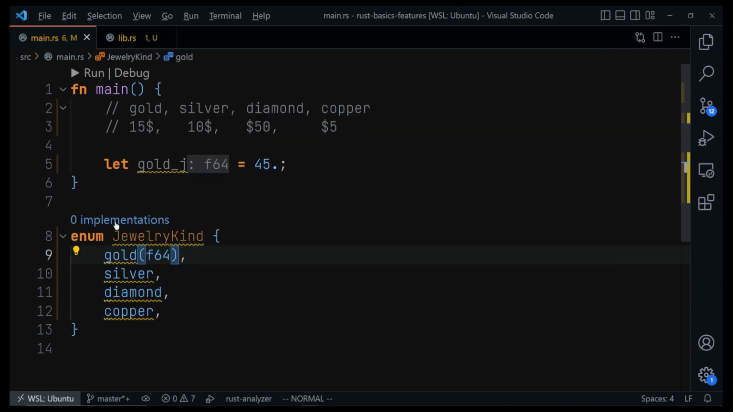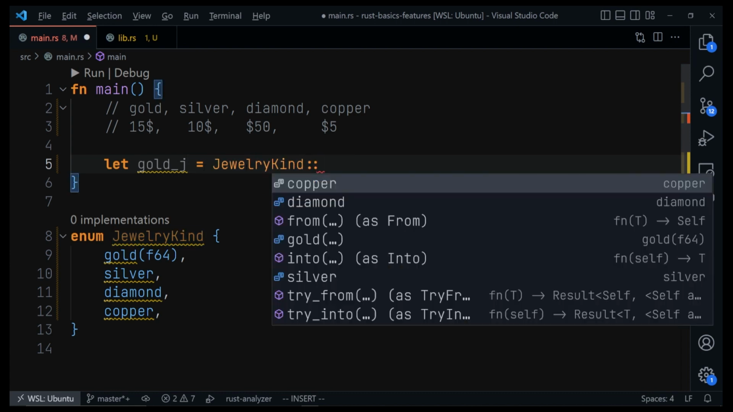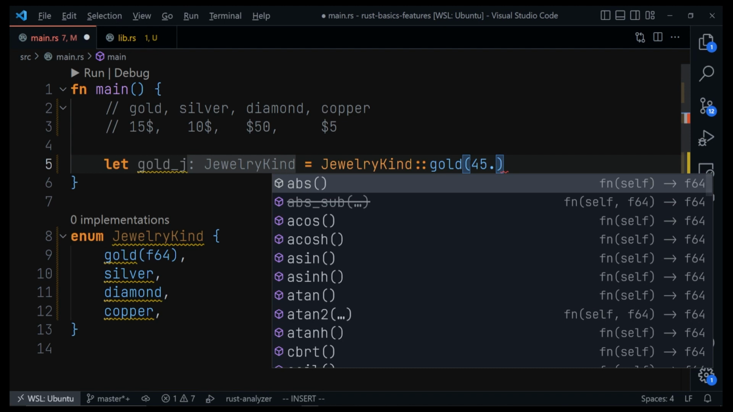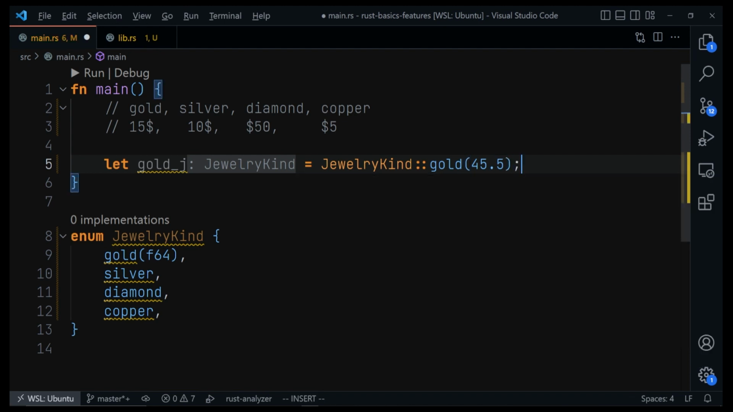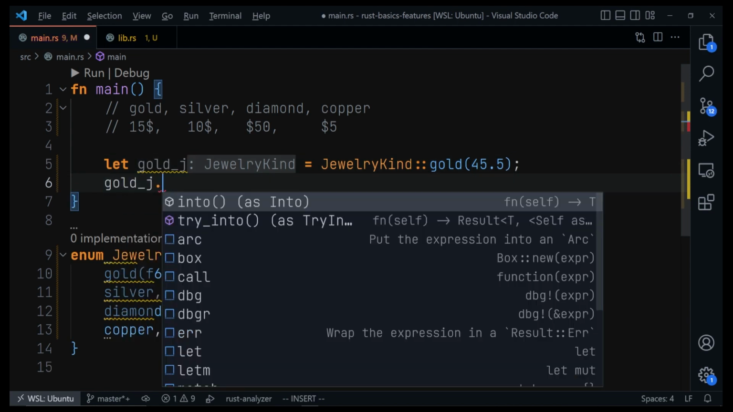So whenever you're using the gold variant, you have to provide the amount of kilograms of the gold, which is exactly what we can do here. Okay, we can then say this will be a jewelry kind, and then we access gold using this double colon right here, and then we provide the value in kg, which will be 45.5 here. Now if we want to know the price, it will be a lot easier for us to call gold jewelry, and then we say